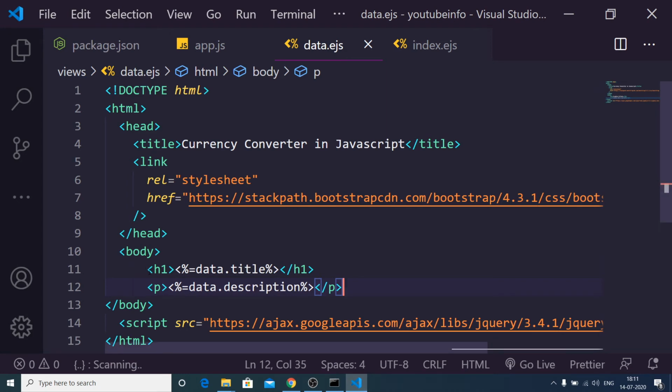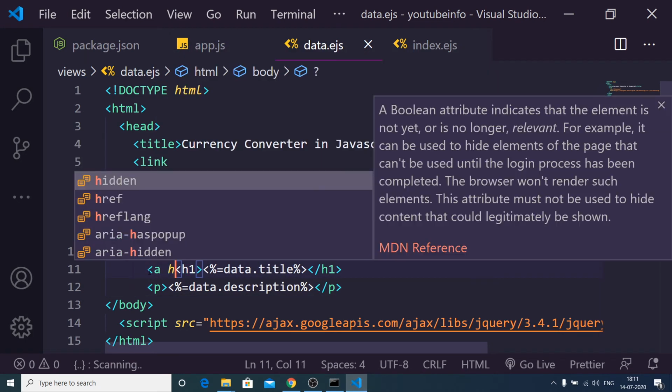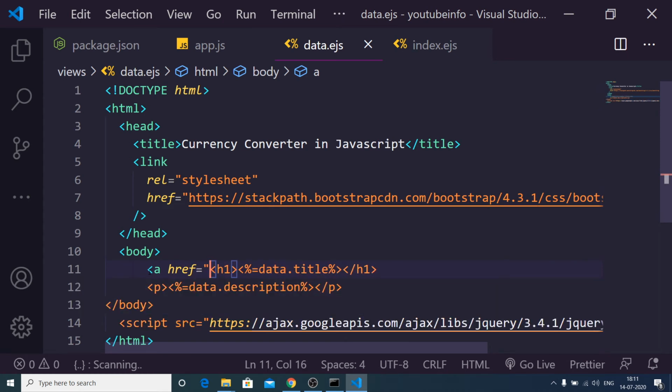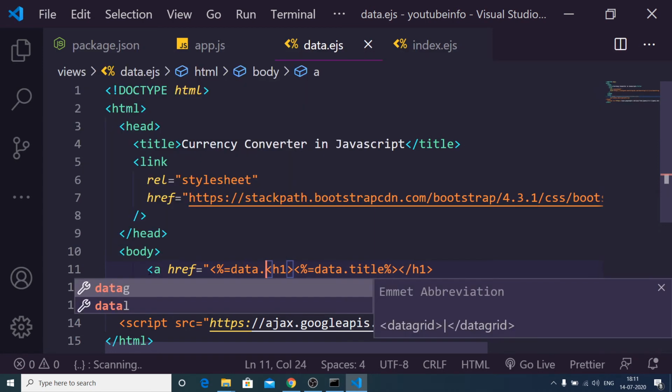Let me just surround this with an anchor tag. Href will be equal to URL, so data.url.